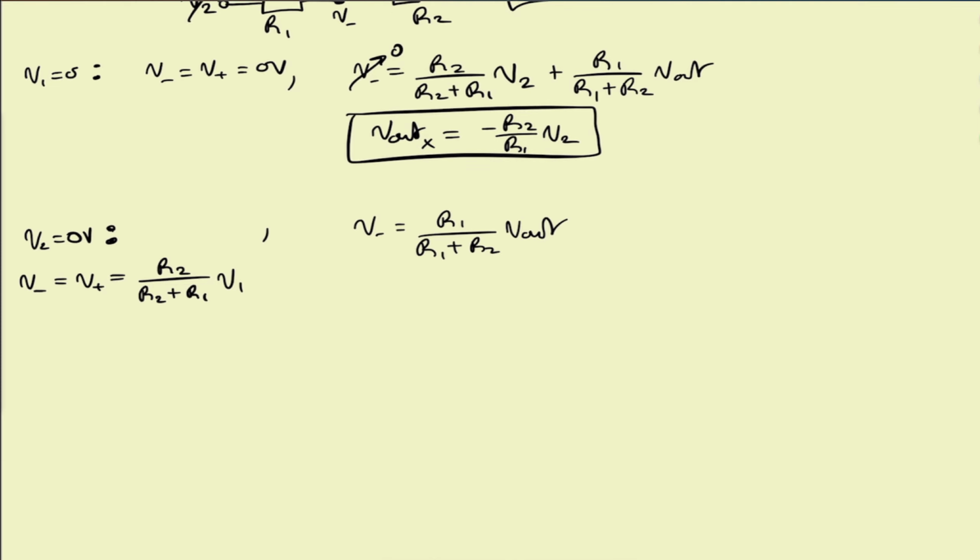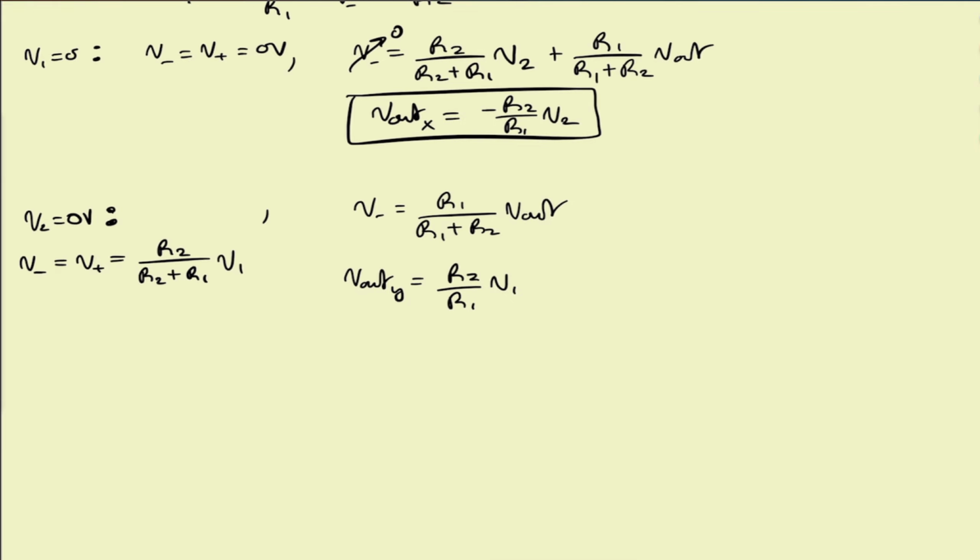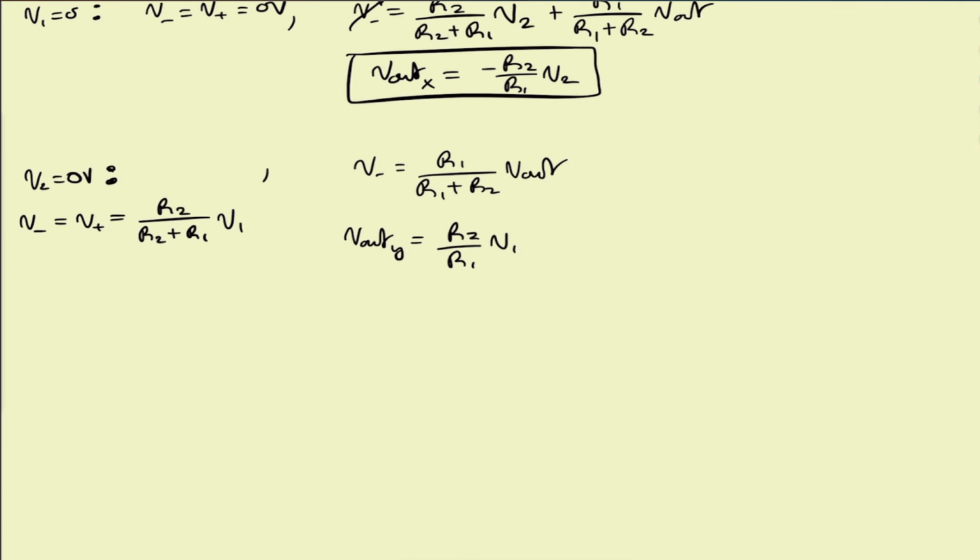Earlier we stated that V plus is equal to R2 all over R2 plus R1 times V1. So if we set that equal to V minus and then simplify, we end up with the following. So V out Y is going to equal R2 all over R1 times V1. And because we're using superposition, we can add V out X and V out Y together, and we end up with V out,